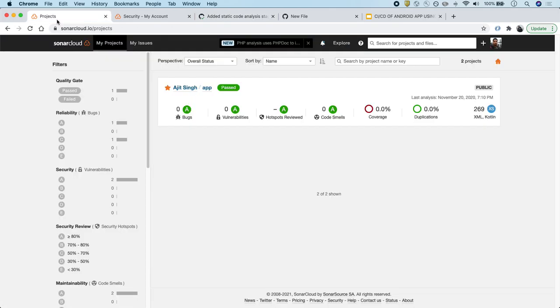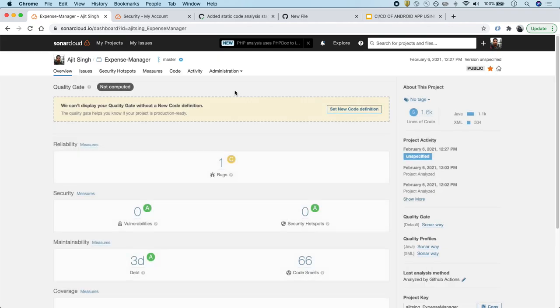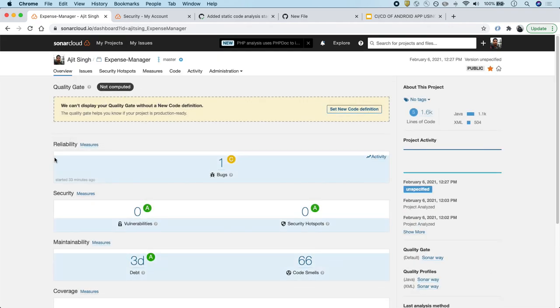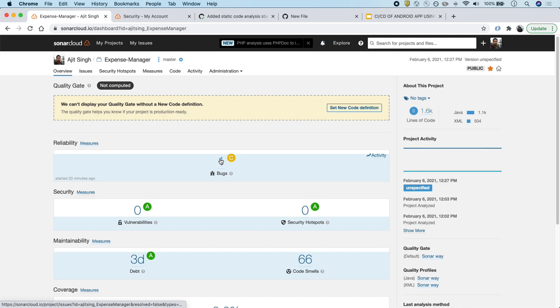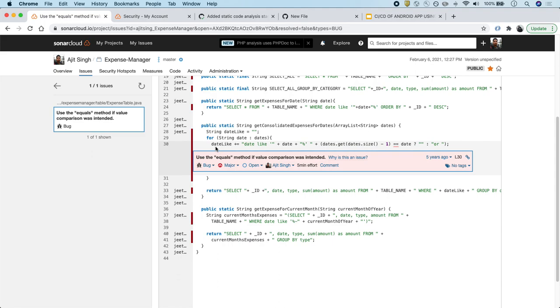And now let's go to projects and refresh this. Okay, now we have our expense manager, and we see that there are around 1.6k lines of code. There's one bug according to SonarQube, and there are 66 code smells. Now let's go into the expense manager. Let's see what is the bug that it's pointing out. We'll click on this.